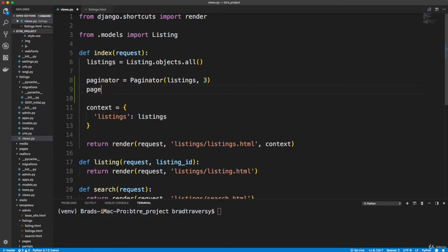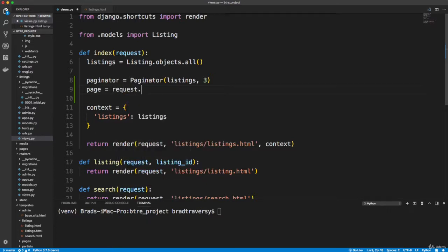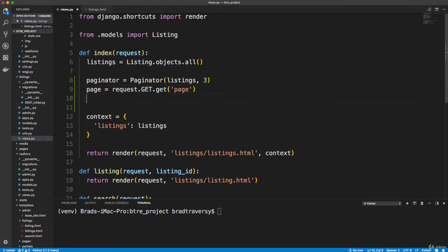Okay, then we need to create a variable called page and set that to request.GET.get, and then pass in here page, because that's the URL parameter we're looking for. Then we want a variable called paged_listings, and set this equal to that paginator value, and we want to say dot get_page, and whoops, that should be an underscore, and then we want to pass in